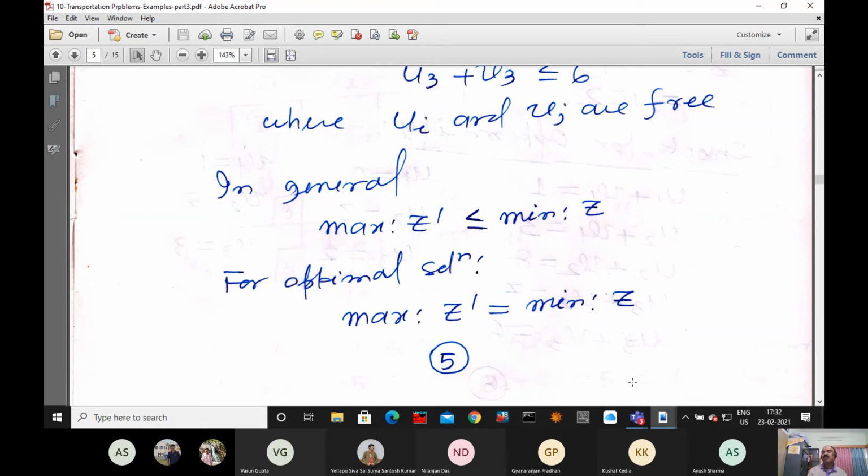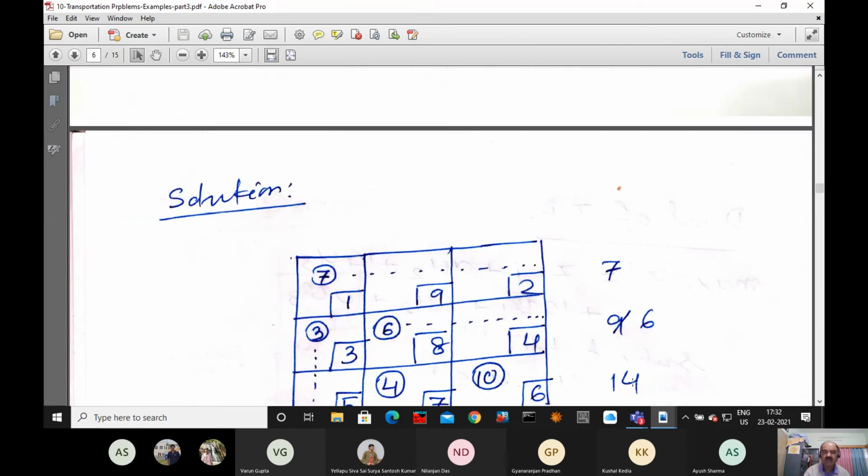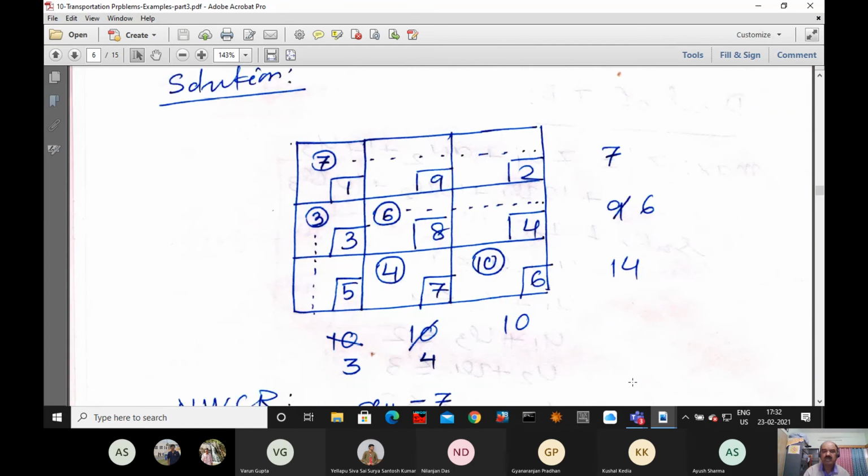The minimum value of the primal auxiliary function and the maximum value of the dual auxiliary function are both the same, 950, but that is not the optimal solution because it is not fulfilling the constraints. It is not satisfying the constraints. Okay, so now, with respect to this, how will we proceed for the solution?